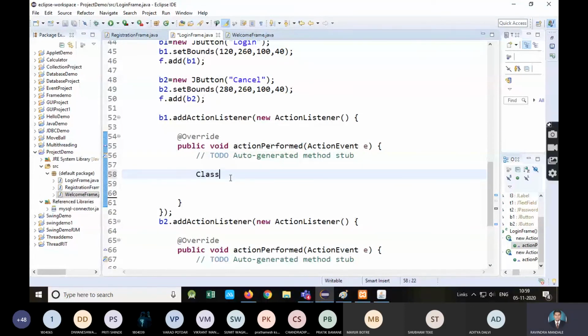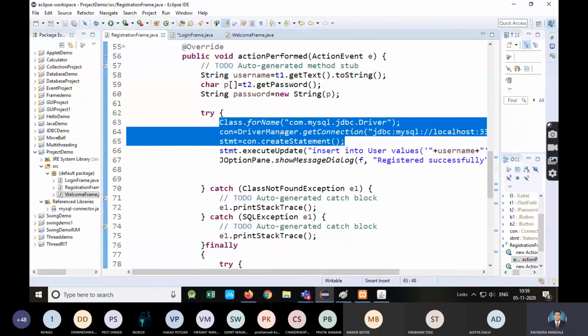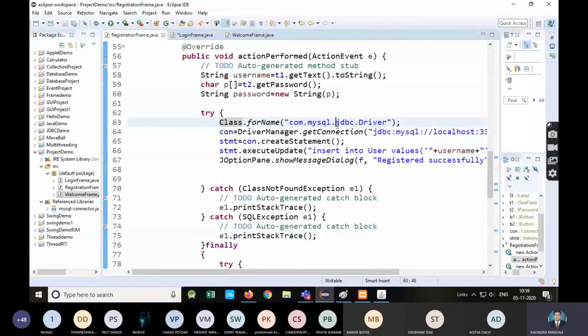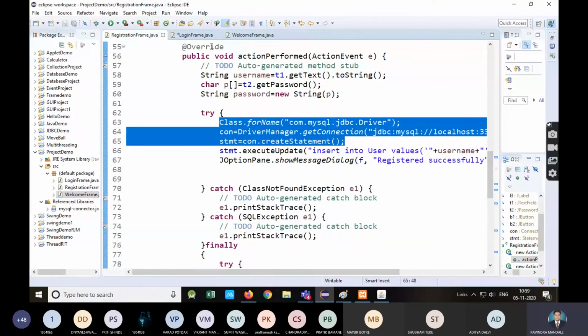So I will just copy paste. Can I copy paste this? See these three lines. Okay, first three lines: driver loading, then establishing the connection and creating the statement. I will copy paste these three lines. They will be the same.